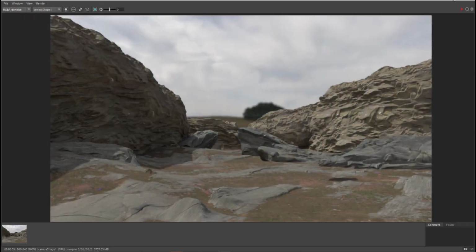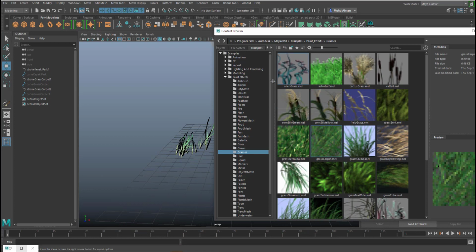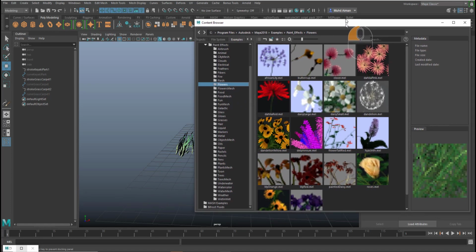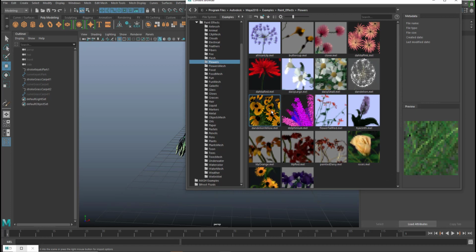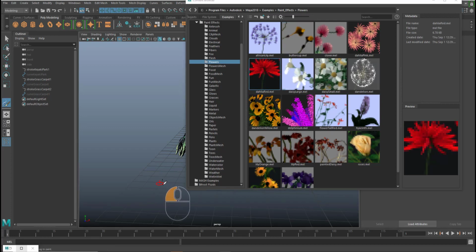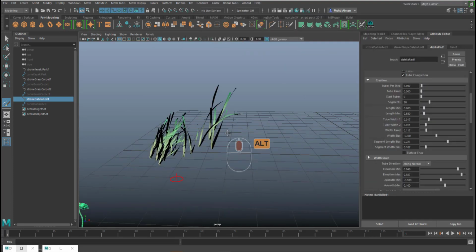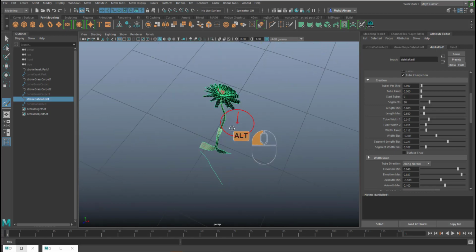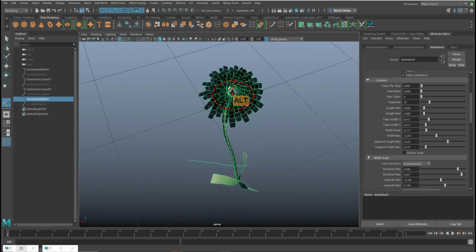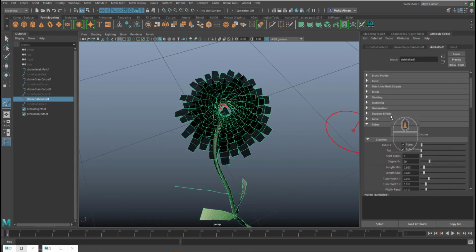So saya pergi balik ke pen effects and let's go to flowers. Okay, and saya dah test, and one of the useful one is probably the dahlia red. So let's just see how it looks. Okay, so far so good. And also for the dahlia, the flowers, we want to put our own texture. So saya nak make sure